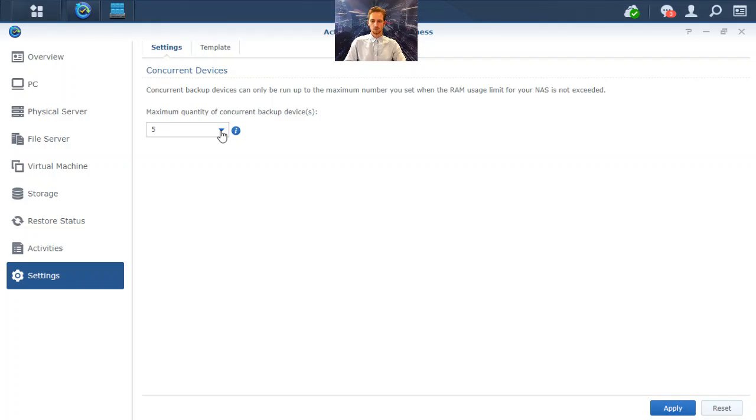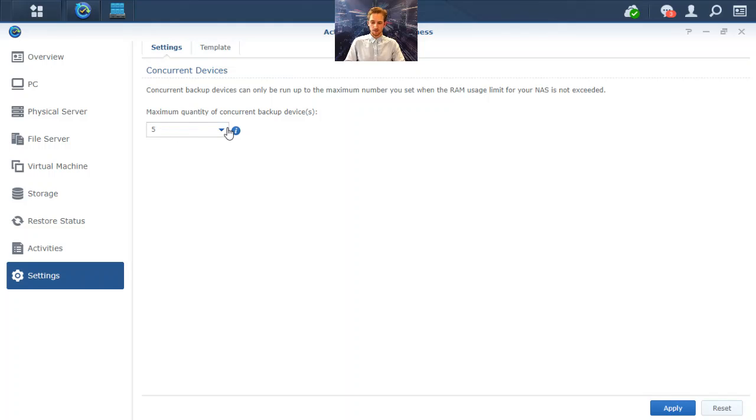It does take up some processing power of the NAS to back these things up, but you can choose quite a lot. And as we saw, a backup task, unless it's the first time it's done, usually does not take more than a minute, depending on your network connection as well and everything. But it shouldn't take much more than that. So usually it's just fine to have